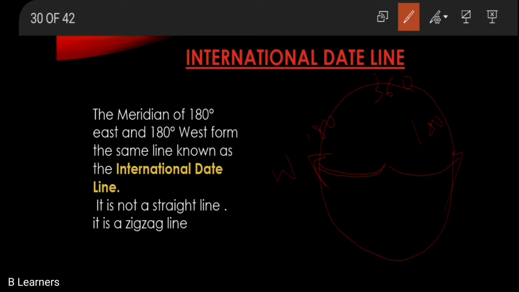So all the meridians, I told you meridian is another name. If you are measuring in the left direction, whatever the angle is, you write the degree and then you use west. And on this side you use east, meaning whatever the angle, you write the degree unit, then you write east.